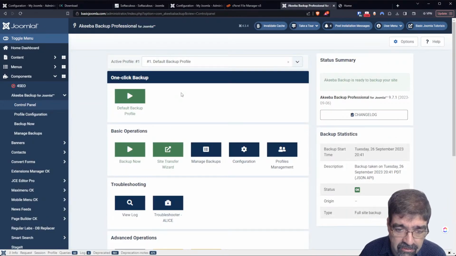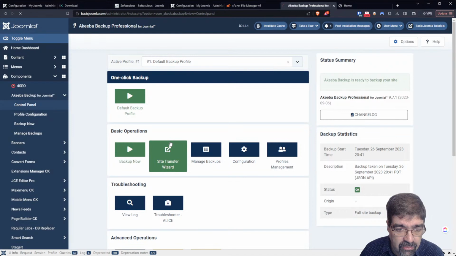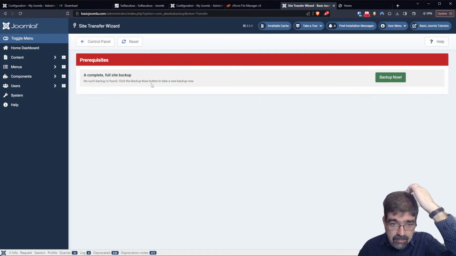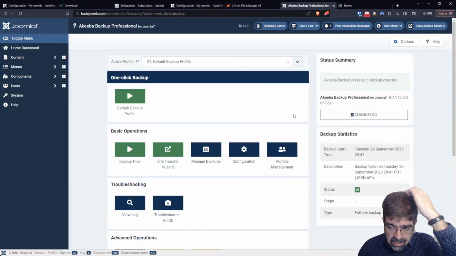Let's keep looking at settings. All right, site transfer wizard. Here's a little wizard. Prerequisites: a complete full site backup. No such backup is found. Click the Backup Now button to take a new backup. Now, the reason no backup is found is because